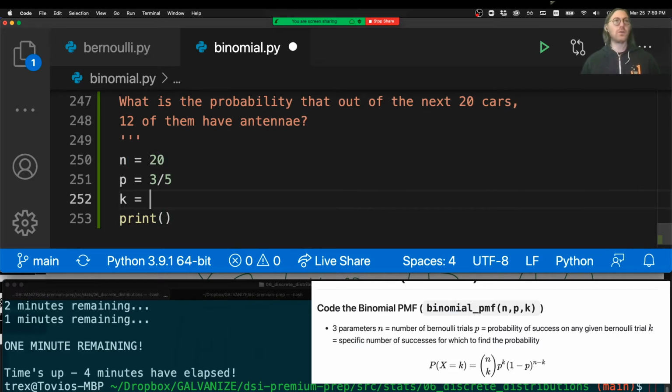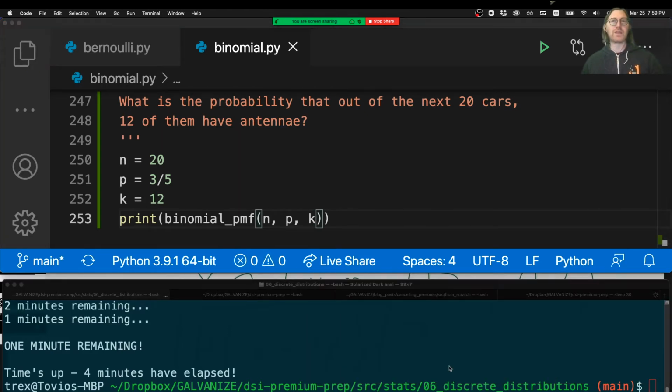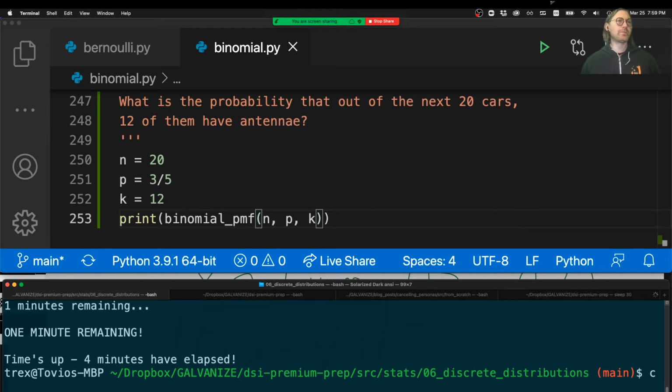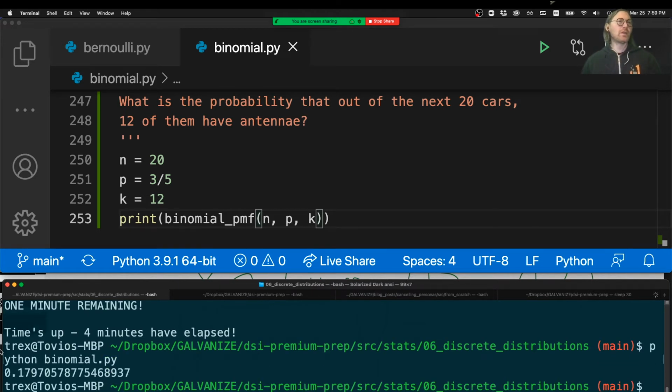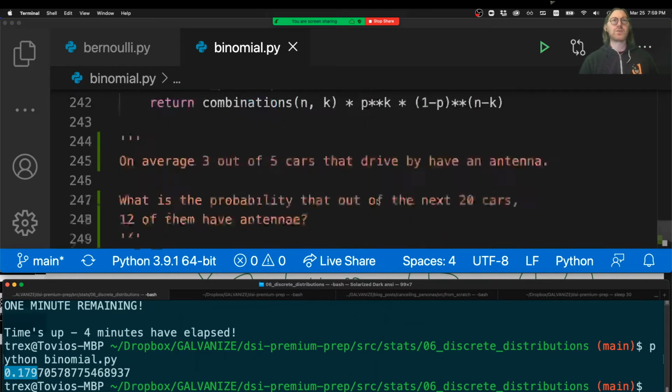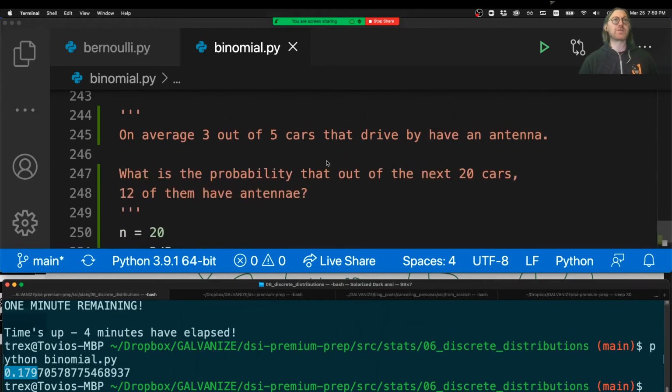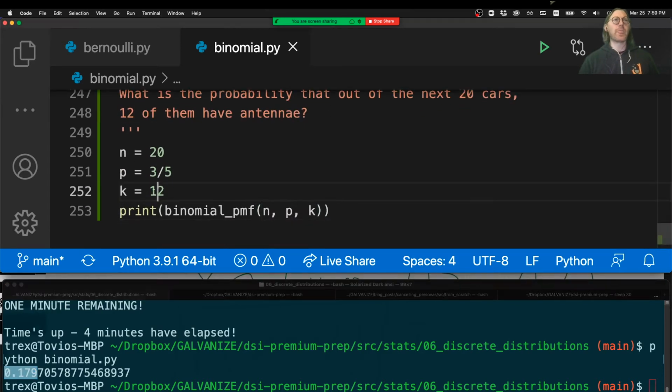And then we're looking for the probability that 12 of them have antennae. So this is the binomial PMF. And we can just put in n, p, and k. And we'll have an answer to that question. So it looks like that's right around 18%, which may strike you as being kind of high. It actually strikes me as being kind of high, but if we think about